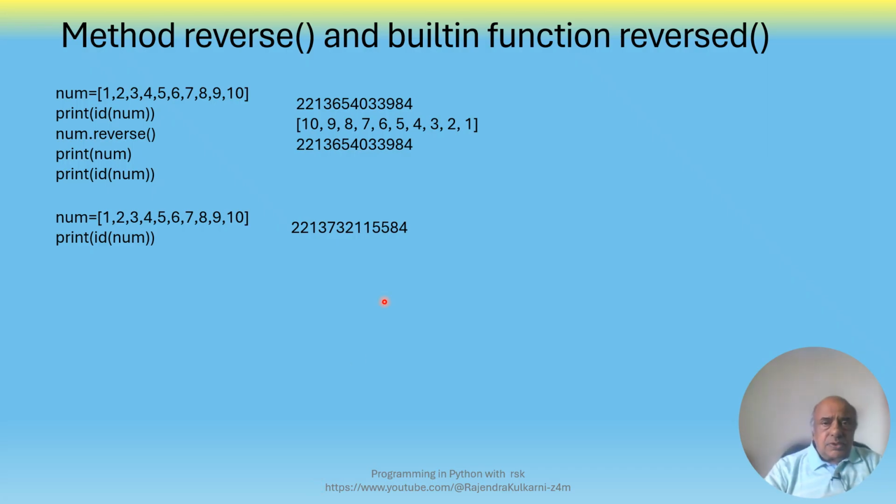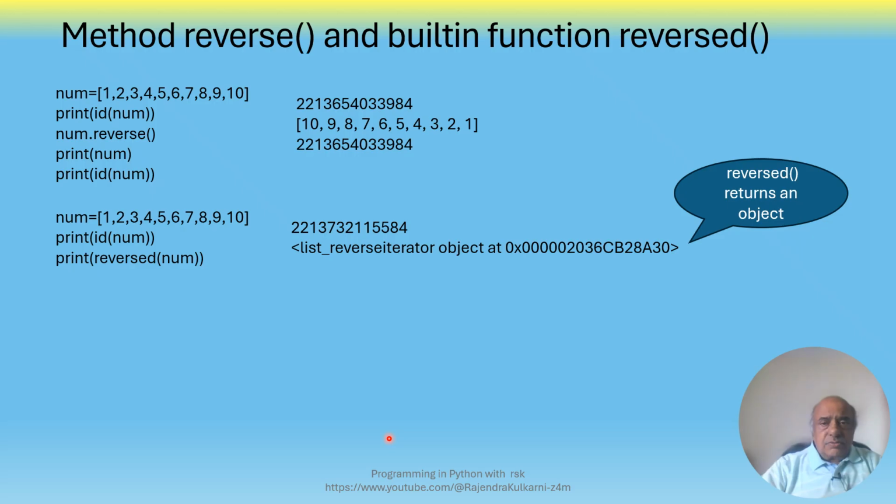In another case, when we use reversed built-in function, what we do is again declare a list num. Its ID is printed, 15584. Print reversed num. The output we get is a reverse iterator object at such and such location. So reversed returns an iterator object, a reverse iterator object,